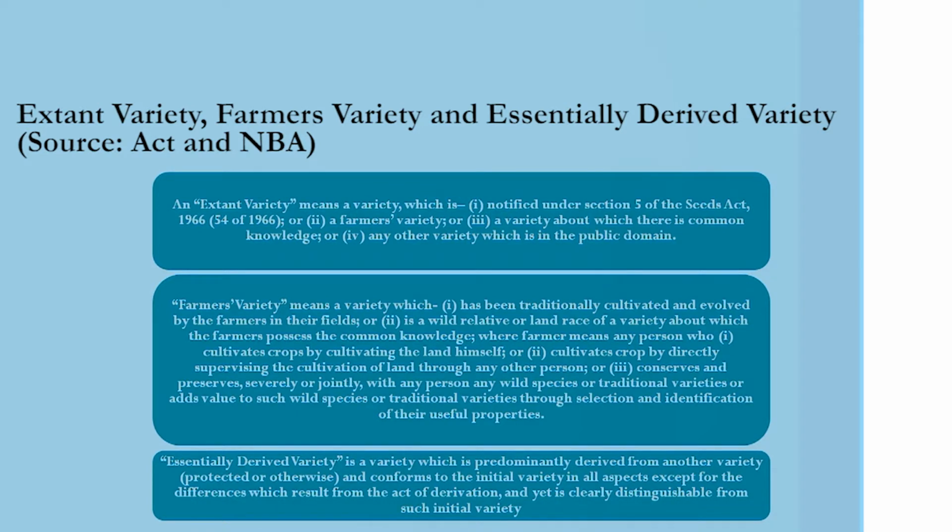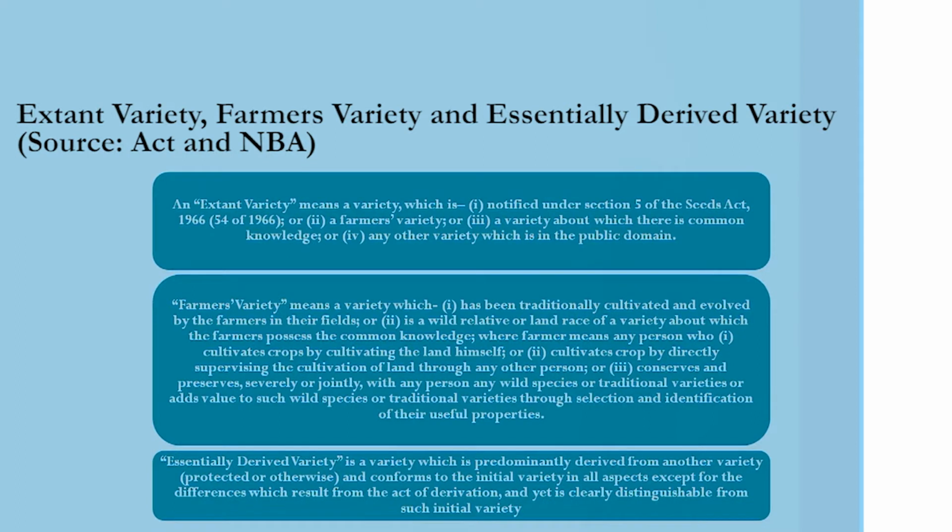Here, farmer means any person who cultivates crops by cultivating the land himself, or cultivates crops directly by supervising cultivation of land through any other person, or conserves and preserves, severally or jointly with any person, any wild species or traditional varieties, or adds value to such wild species or traditional varieties through selection and identification of useful properties. An essentially derived variety is a variety which is predominantly derived from another variety, protected or otherwise, and conforms to the initial variety